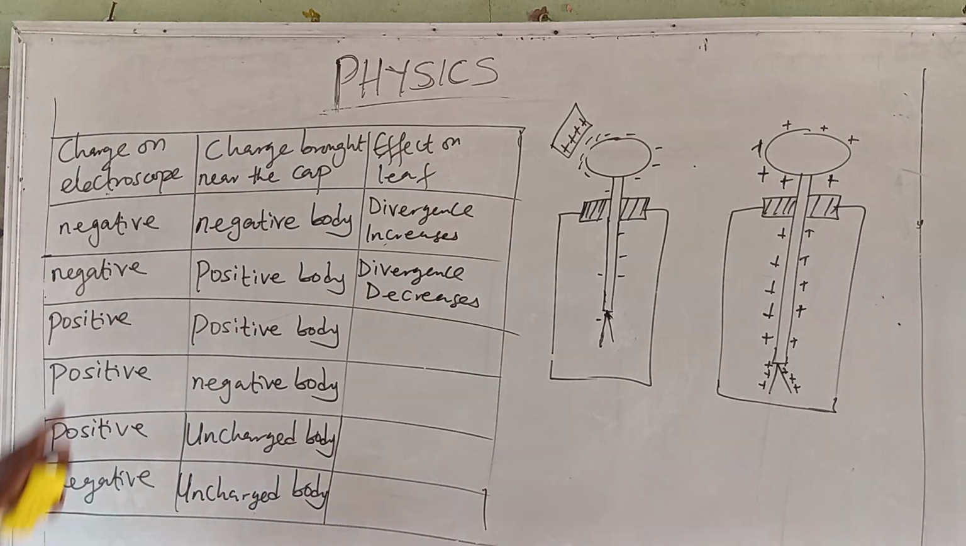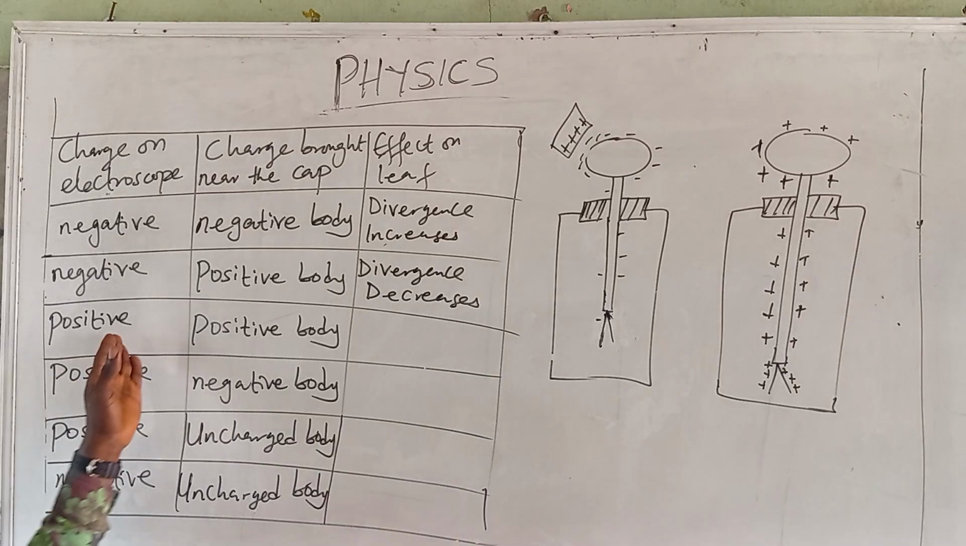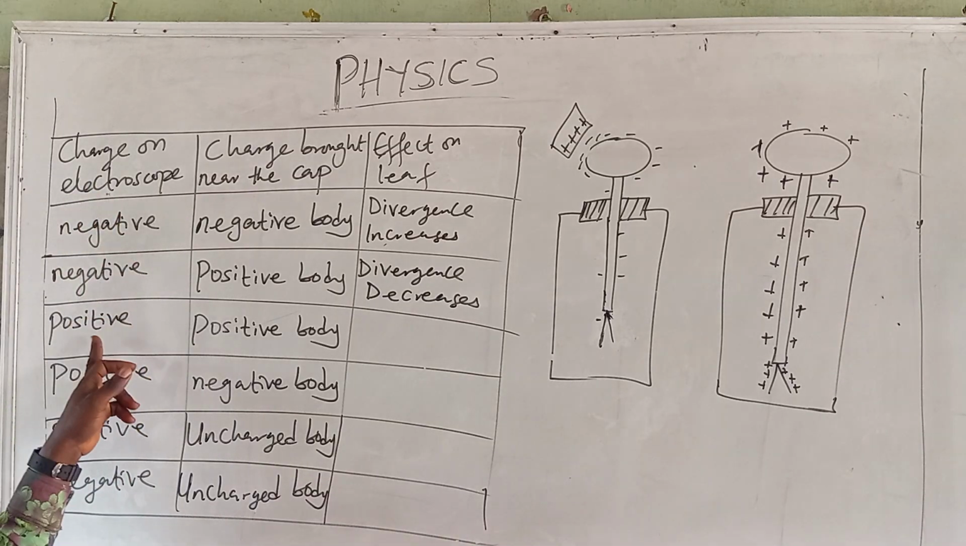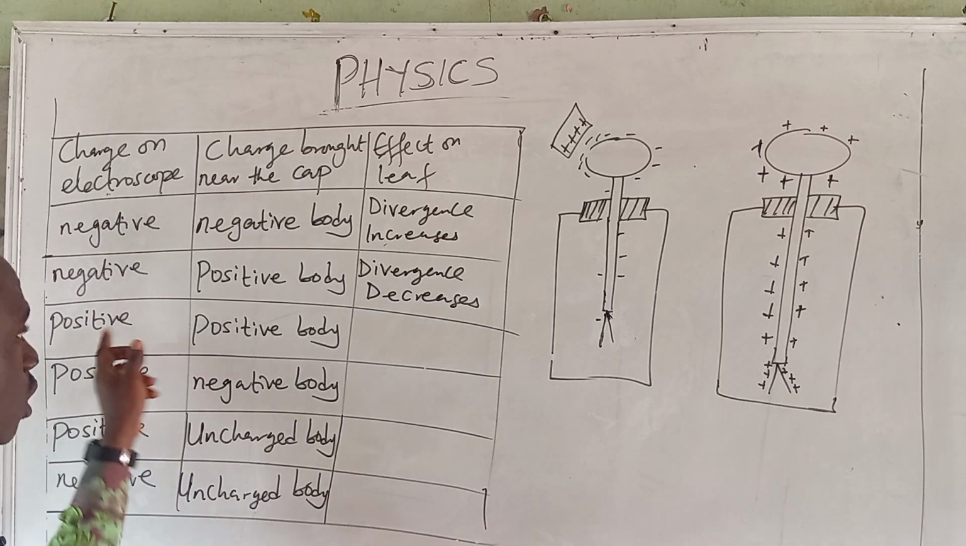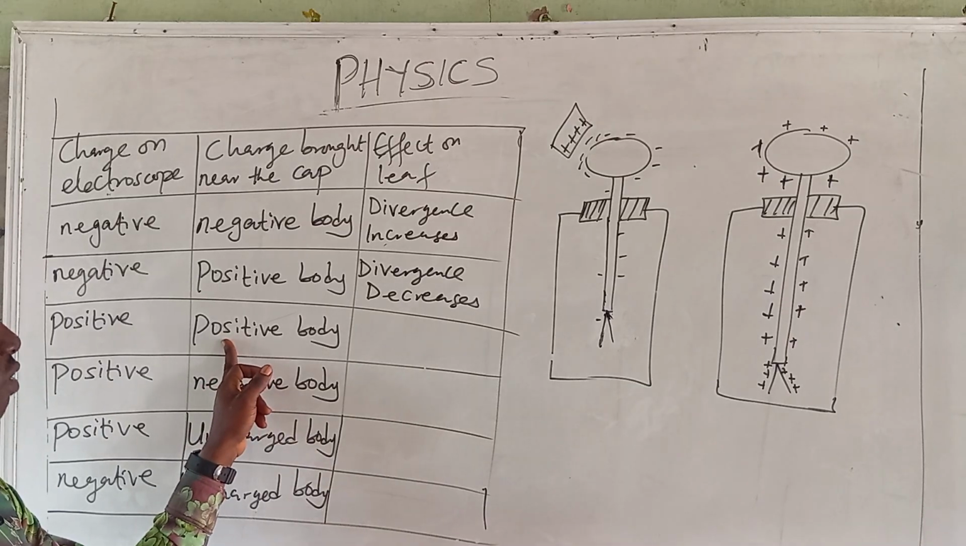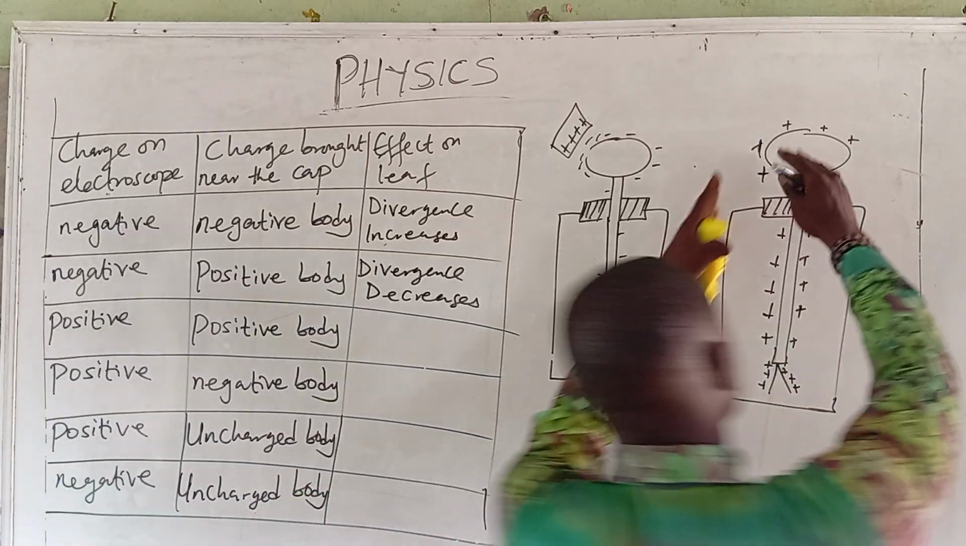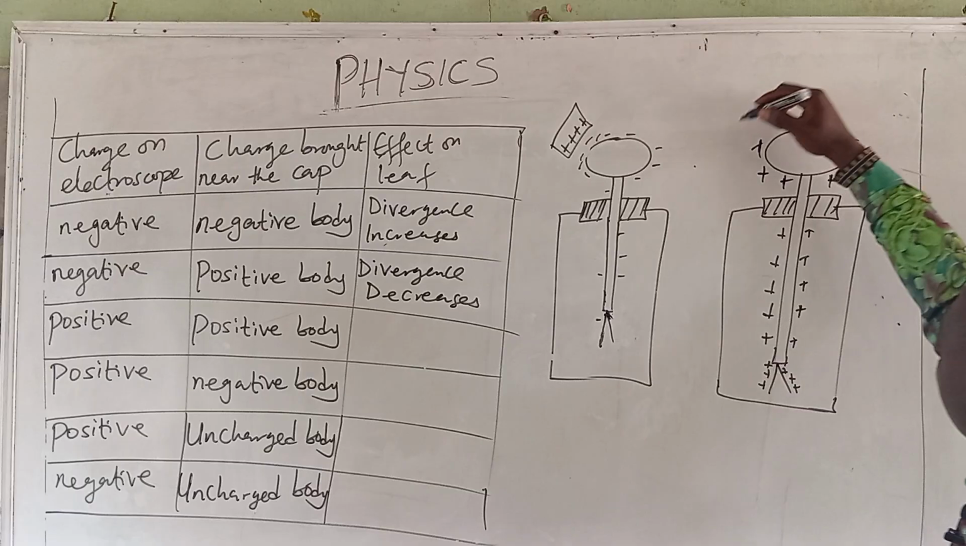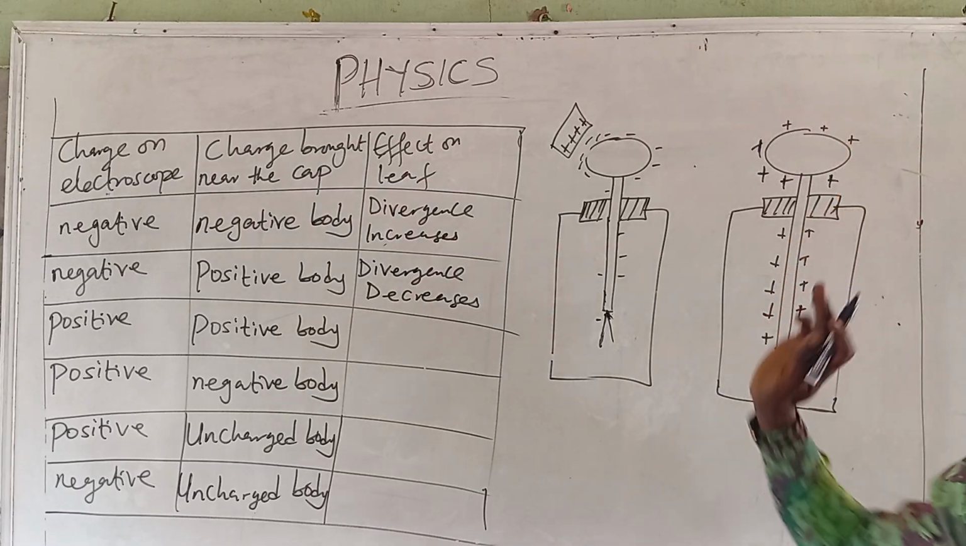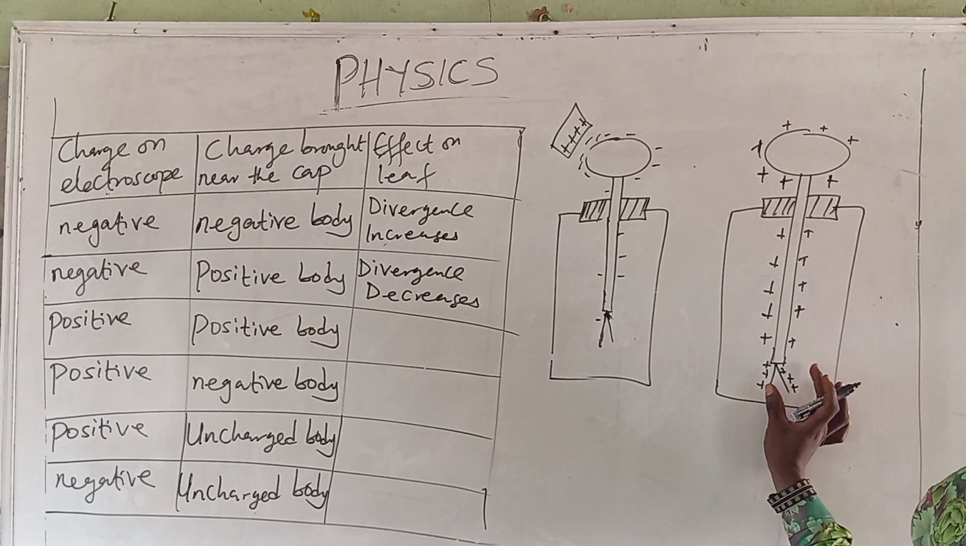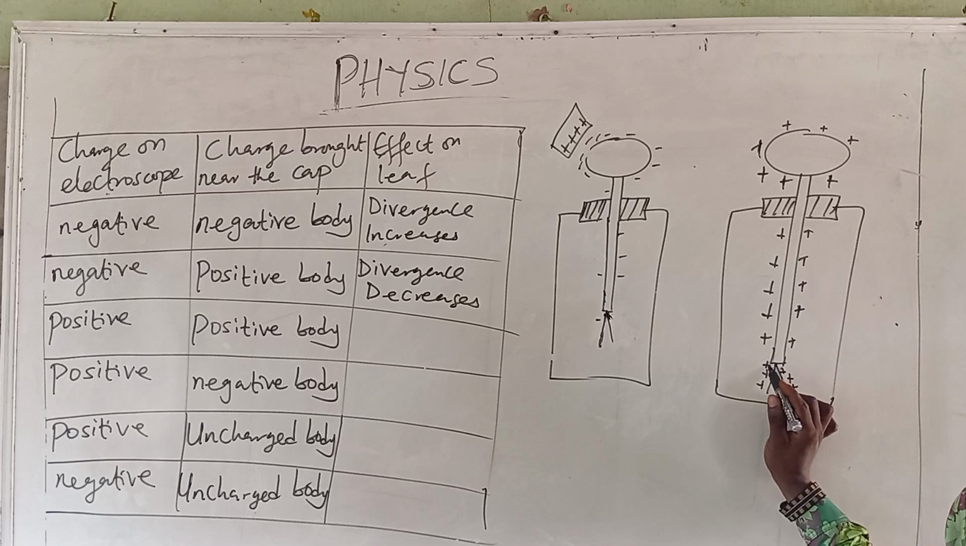Okay? And let's go to the next column. We have the charge on the electroscope to be positive. You now bring a positively charged body. So let's go here. This is positive. You now bring a positively charged body. Now, there's already divergence here too, because of the repulsion between the positive charges on both the plate and the